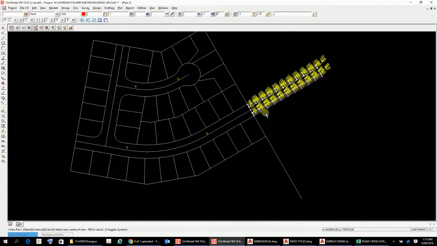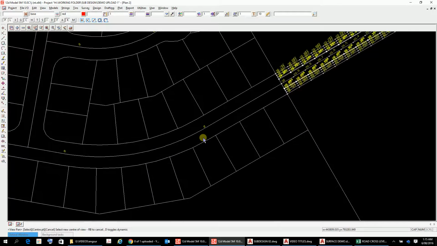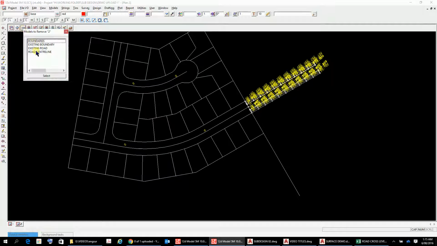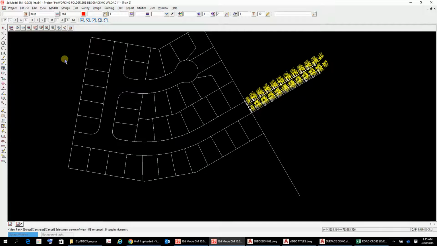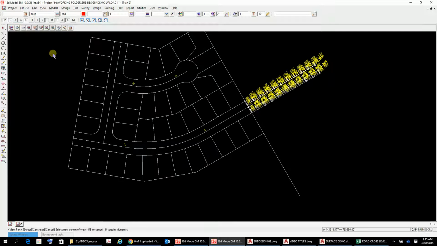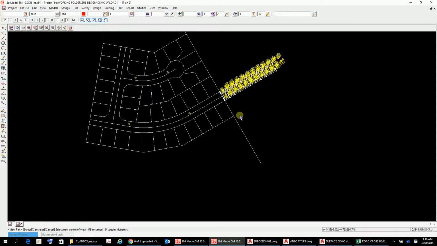Now I don't know about those 0 points there. I think if we just turn off the model for the road centre lines, you'll see that they disappear. So I don't want to include that at this point, but I'll just turn that back on. Now to create a surface,